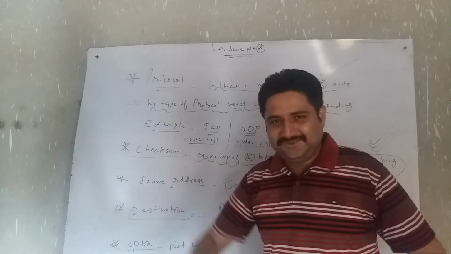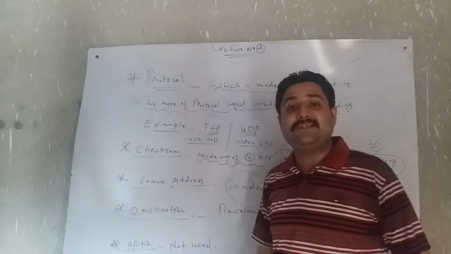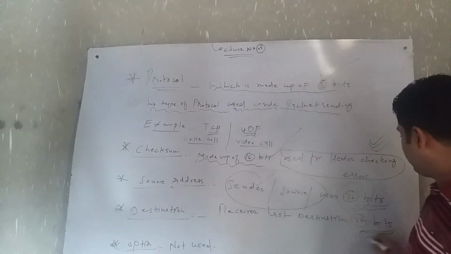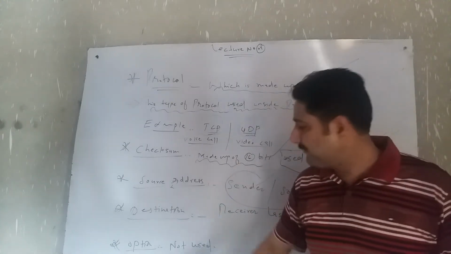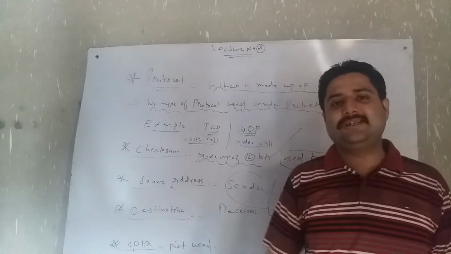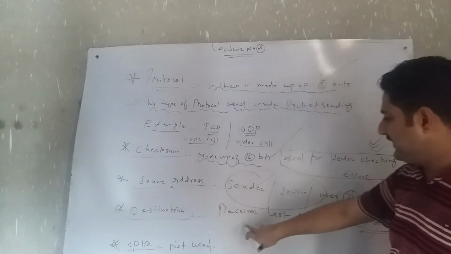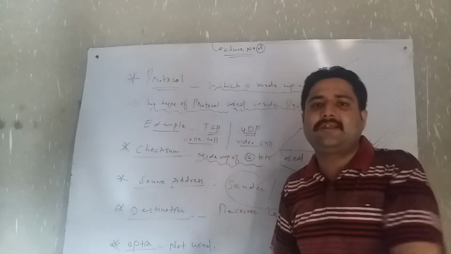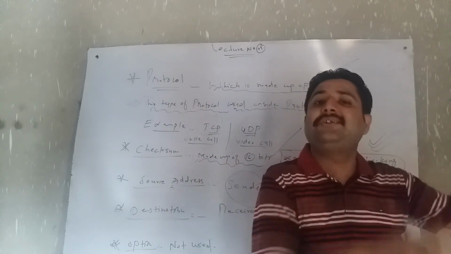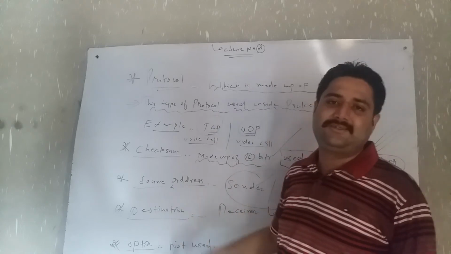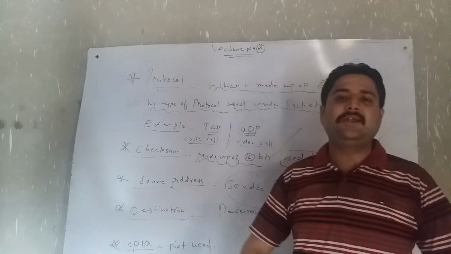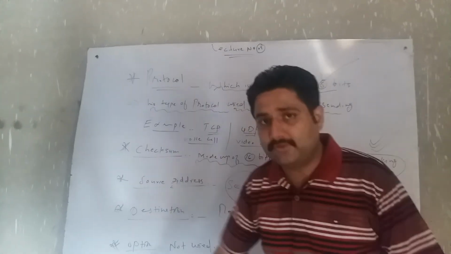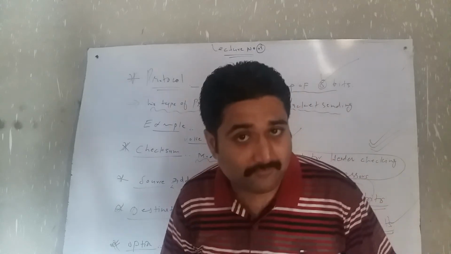Similar. The last one, friends, is the destination address. It is made up of 32 bits. You have to keep this in your mind. Again, 32 bits for both source address and destination address. Destination address means the receiver side, the last destination. The sender sends the data to the last destination side. And the last field is optional. It is not mandatory and is not used in the IPv4 header.